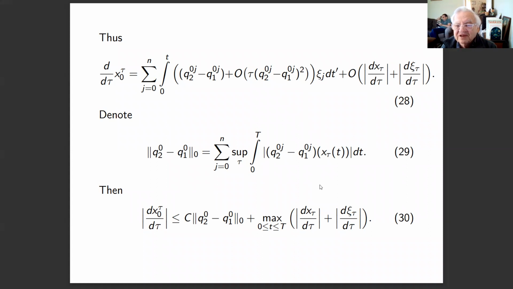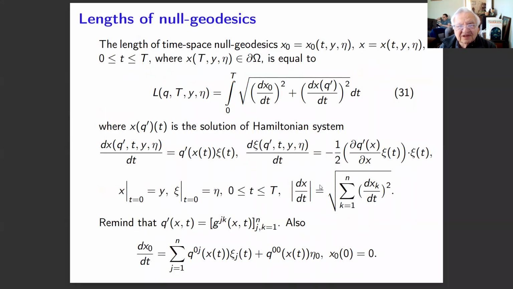This first derivative we already have estimated, the first derivative in tau of x, tau, xi, tau. These first derivatives were already estimated in the previous formulas. Okay, so this is the collection of results which we will need for estimates of the derivative of